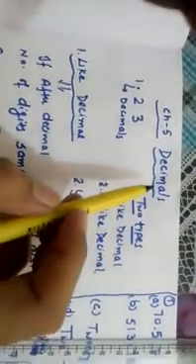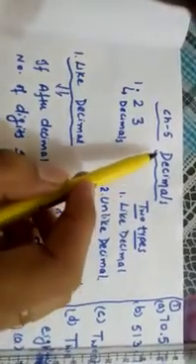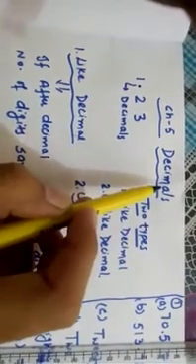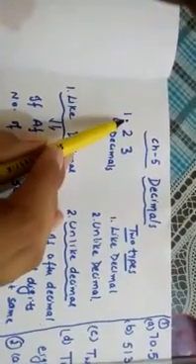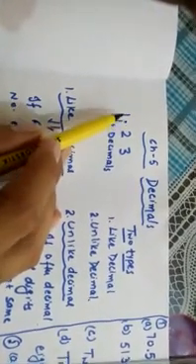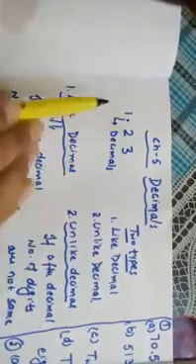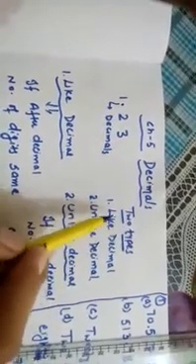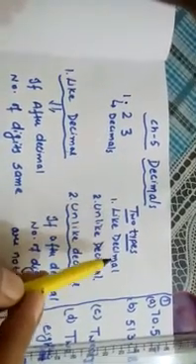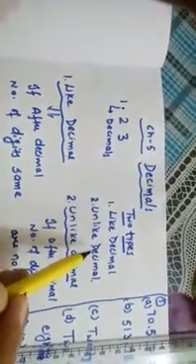Students, today we are going to start chapter number 5, decimal. First of all, we want to know what decimal is. Decimal is a point which we write in between these numbers. So this point is called decimal. These decimals are of two types. First is like decimals and second is unlike decimals.